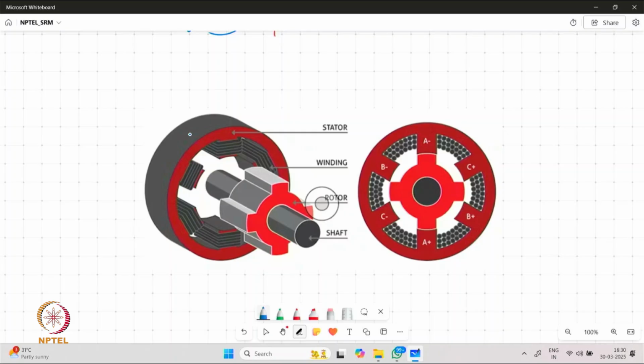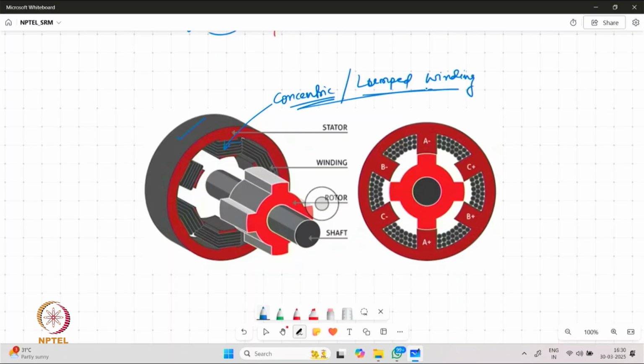As said, there is a stator where the windings are formed, and it's more in concentric fashion. It's more like a lumped winding kind of structure,